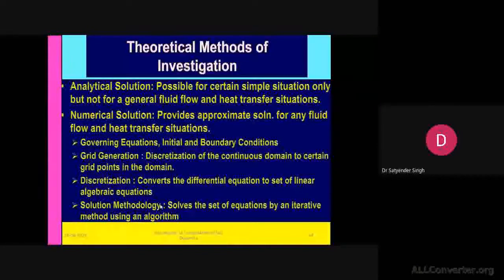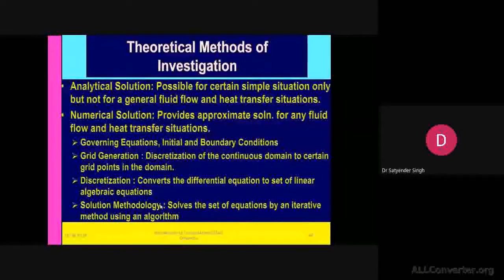So in general, we have the theoretical methods. We have four types of theoretical methods, but the two most popularly used are analytical solution and numerical solution procedures. Numerical solution is an approximate way to get the solution. In analytical, we have the exact solution, but it will be continuous. And in numerical, we have the discrete solution as well.